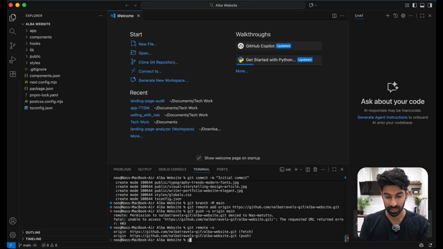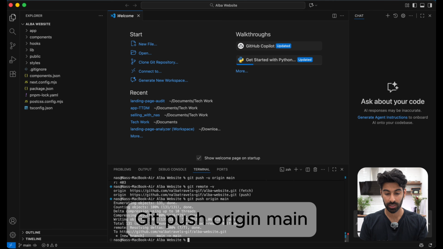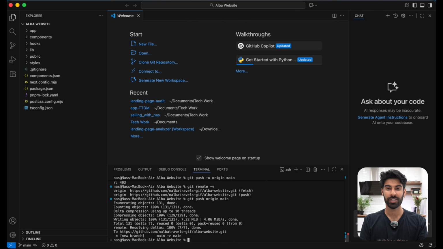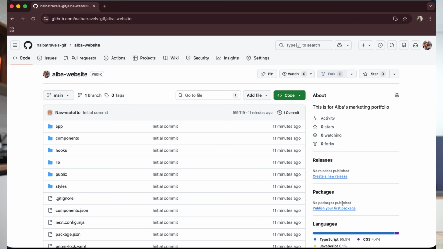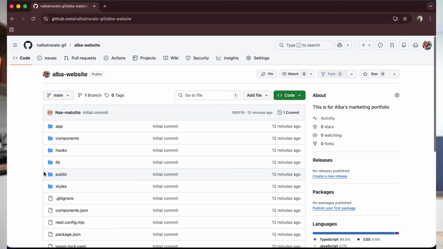So this is the website repository. And now we're gonna go git push origin main. This time, yes, it's going to work. Fantastic. From this point, you can go back to your GitHub account, and you will see that it looks a little bit different when you're on the code tab. It looks kind of like this, but you'll see that essentially all of your folders are syncing and are on